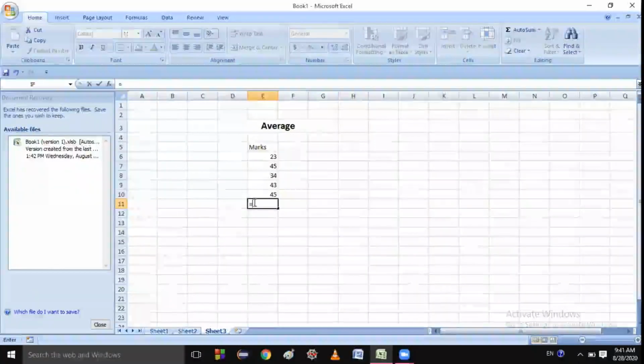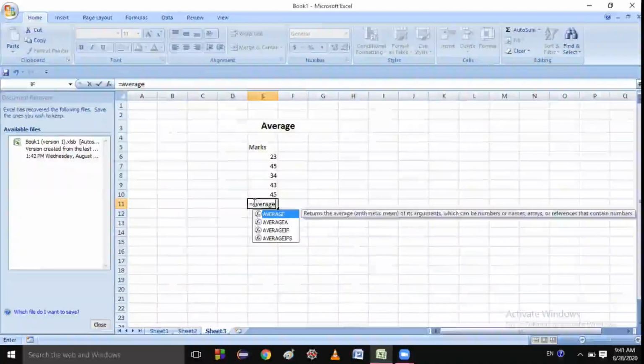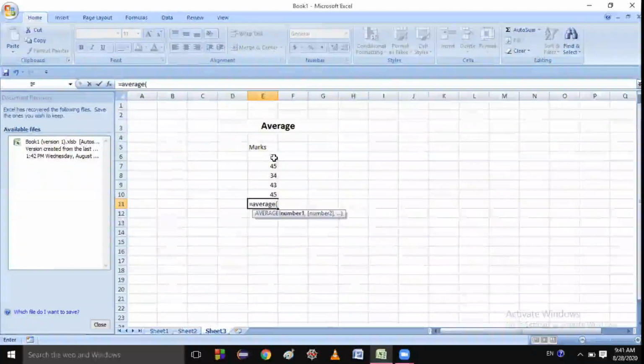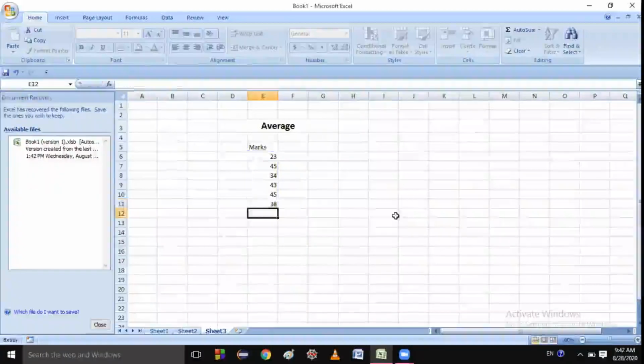So I will write one function, AVERAGE, then bracket, and I will write the range. Range means from which cell till which cell you want the average. So I will click on this column, and then last I will click this and just press enter.